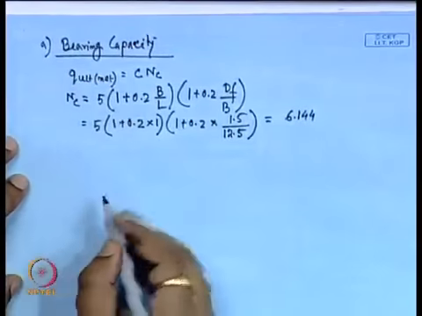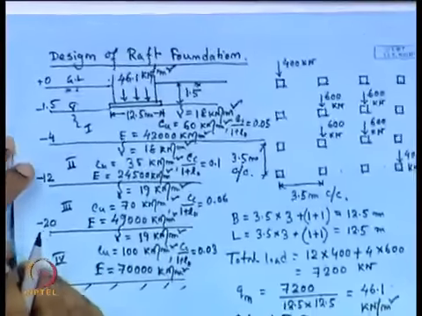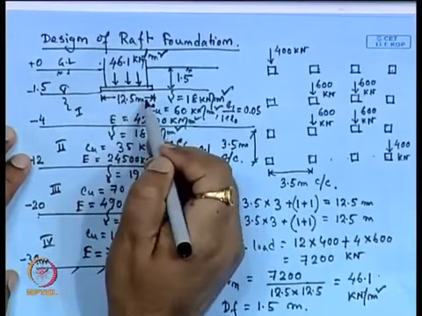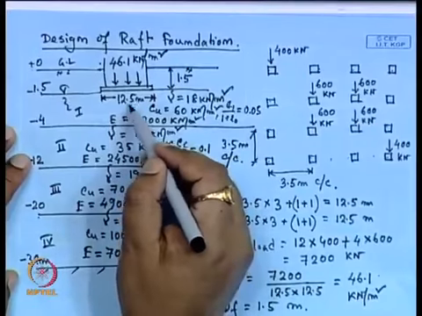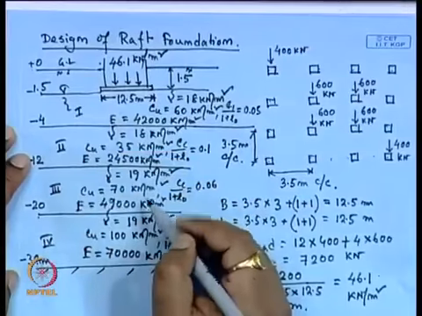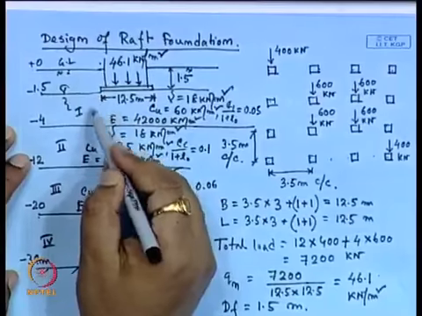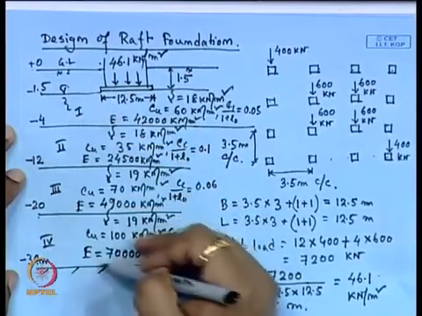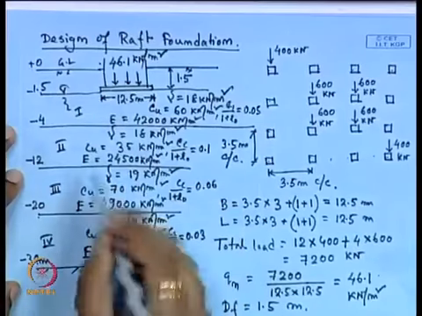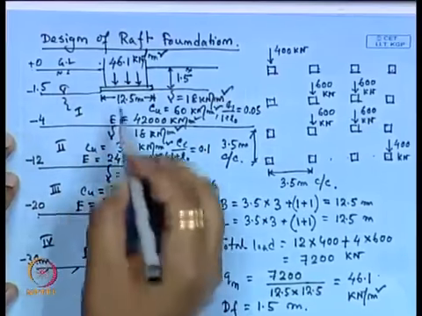Next, we will get the C value or the cohesion of the soil. So, here we can see that for this width of the raft that we have chosen, this 12.5 meters, the bearing capacity calculation influence zone that we will take is up to B, and for the settlement calculation you will take up to twice B. So, up to B is 12.5 meter, up to twice B is 25 meters. So, this depth of the soil layer below this footing is around 28.5 meters. So, this influence zone is up to